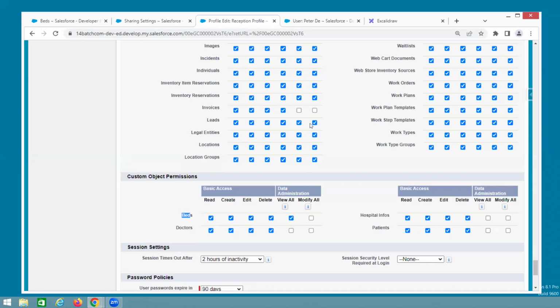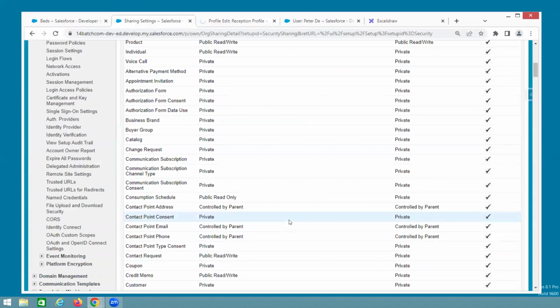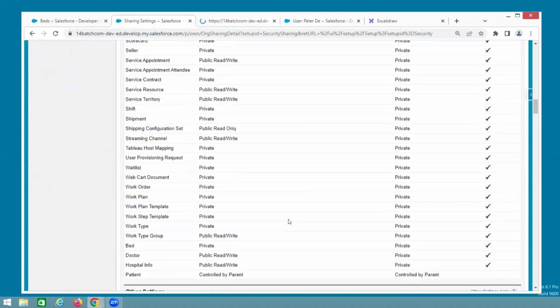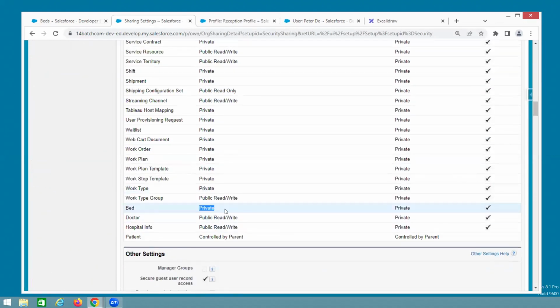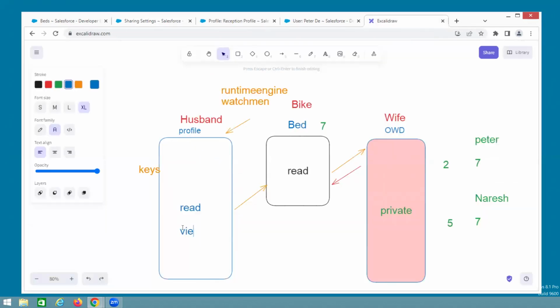That's the reason I changed it in the starting. That's the reason don't practice it until it is completed. Why? Because OWD will not work. Now whenever view all is there, what is the sharing setting? It is private, but view all is there. So now what is the permission the husband has given? View all. Whenever the runtime engine opens the bed object, whenever Peter clicks on the bed object,